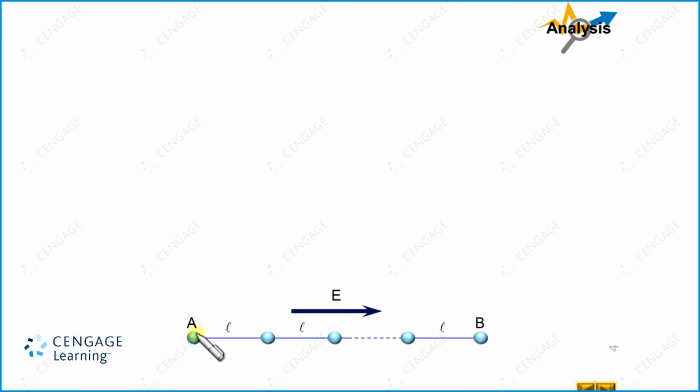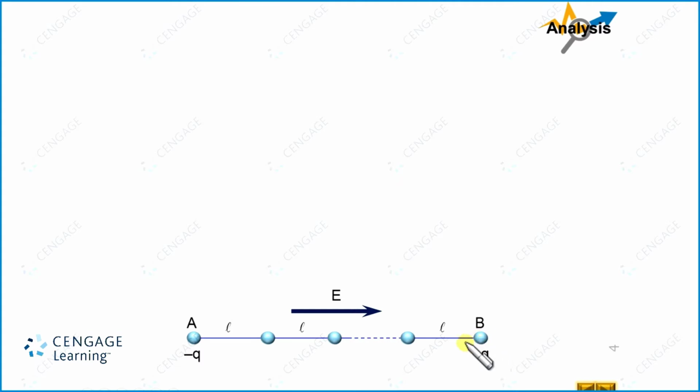That means ball A will be negatively charged and ball B will be positively charged, and the charges appearing on ball A and ball B will have equal magnitude, but this is negative and this is positive. So we can say this will have the charge minus q and this will have the charge plus q, and conservation of charge is valid here, that is q and minus q sum to 0.